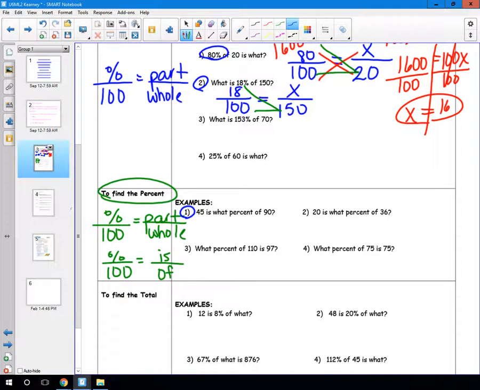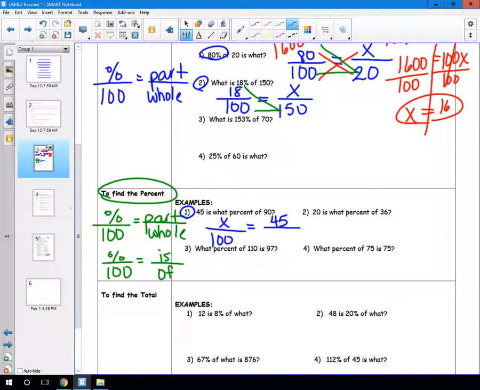So let's read the first problem together. It says 45 is what percent of 90? So it says what percent? I don't know the percent. So what am I going to put over 100? That's right, that's my x. Okay, it says 45 is. Now remember the keyword is tells me that's my part. 45 is the part